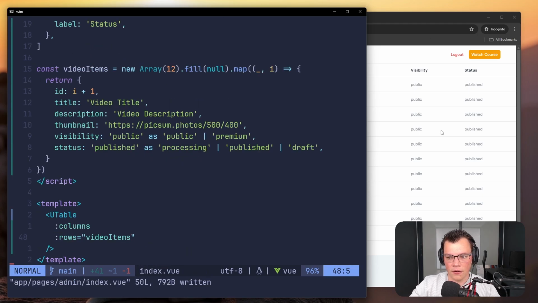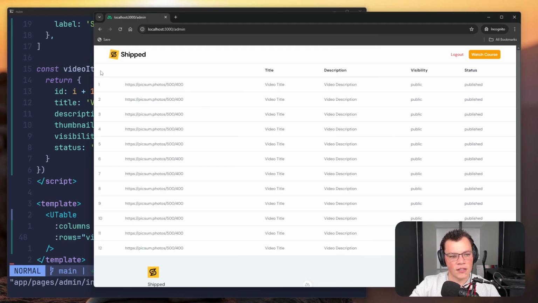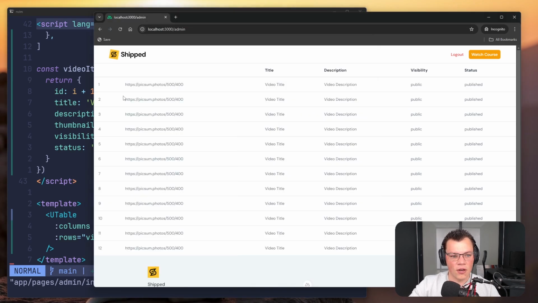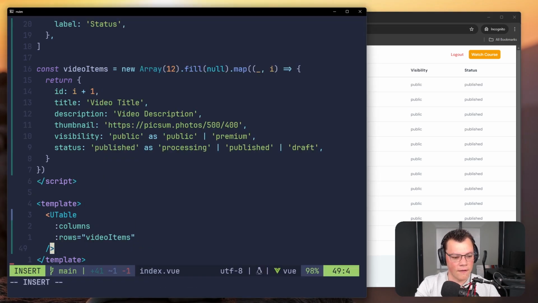That's just a little linting error. And now you can see we don't have any headers over here, which is exactly what we wanted. But now we also want to render this image as an actual image and not just a